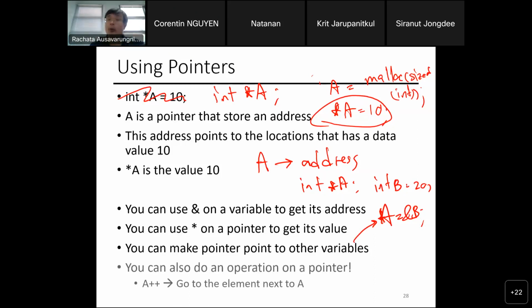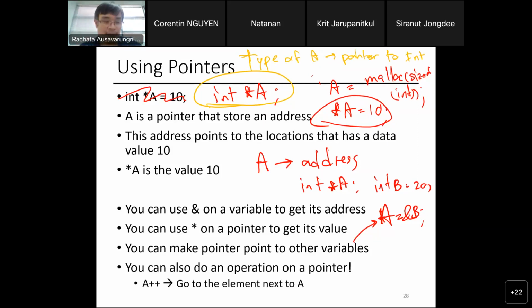You can also do operations on the pointer, for example, A plus plus. So with this example, what's the type of A? A is a pointer to an integer. This is important. It's a pointer that points to an integer.